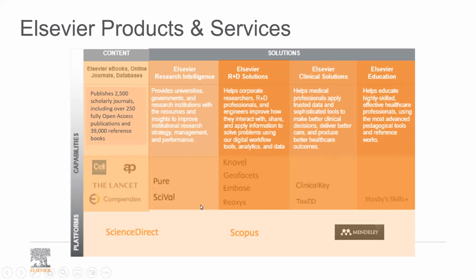Another platform here is Scopus. Scopus gives us some highlights and insights about the quality of the article, the quality of the researcher, and the quality of the institution itself. You can find the abstracts of all the publications published, not only by Elsevier, but by more than 7,000 publishers.